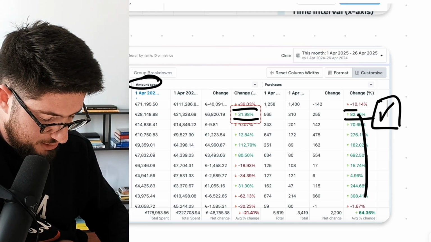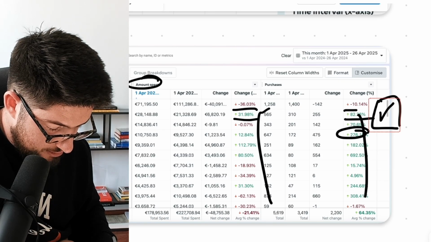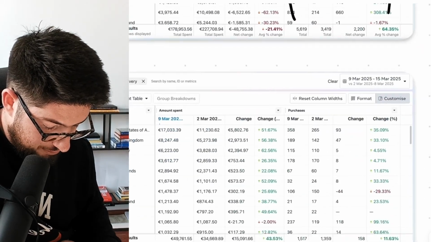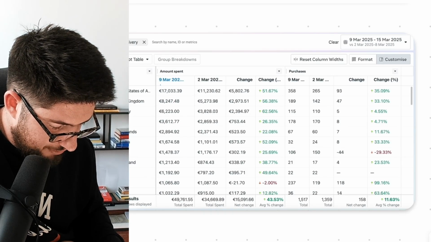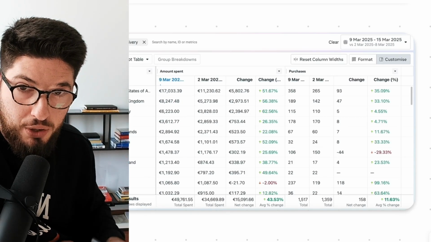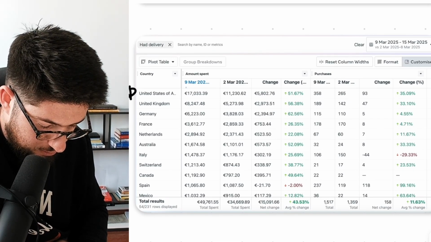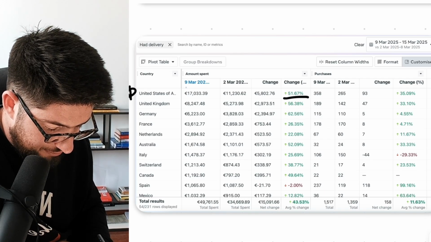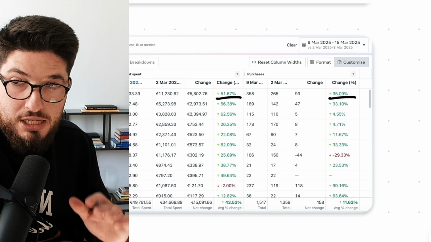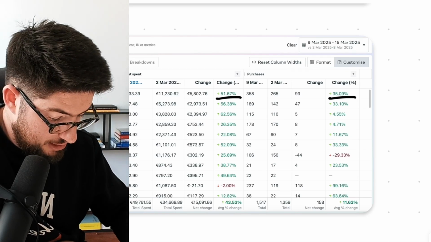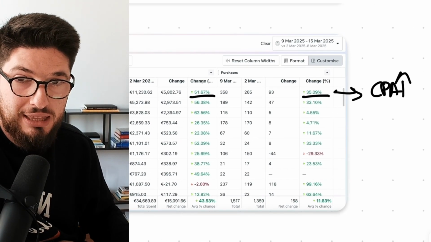And like this, with every single country, whenever we see changes. France, for example, big opportunity. Netherlands, big opportunity, a bunch of stuff. And another case here: this is March 25 versus March 25, so this is not against last year, this is against the previous period. What we can see here, for example, in the US, is that we increased the budget by 51%, and my sales only grew by 35%. This looks good, but it's actually bad, because this means CPA goes up. You need to know how to read the data.